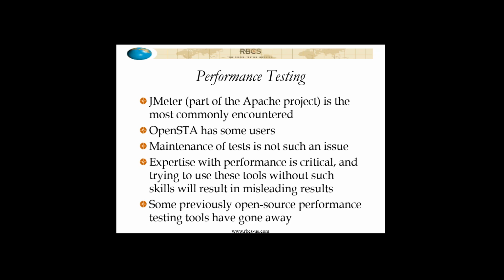Now, sometimes people make the mistake of going, well, if it's relatively simple to build these tests and they're not hard to maintain, why do I need to worry about experts for this? Certainly I can just have some sharp college students or interns or college grads and let them do it. Well, no, because you have to really understand,